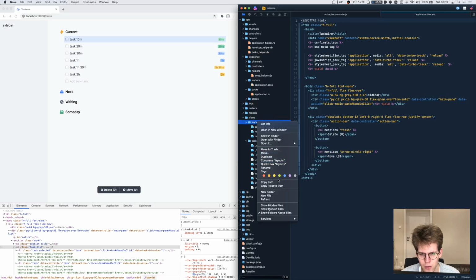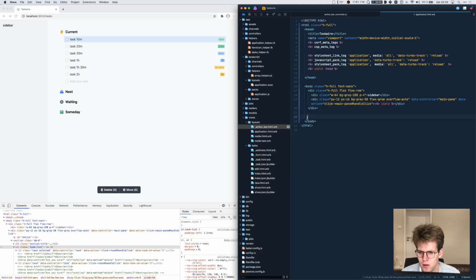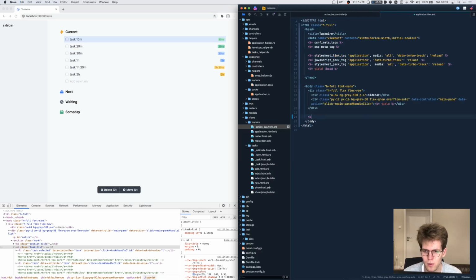So I'll do new file and underscore action bar.html.erb. I'm going to take this, go to action bar, paste here,